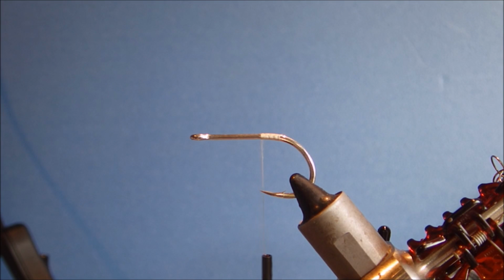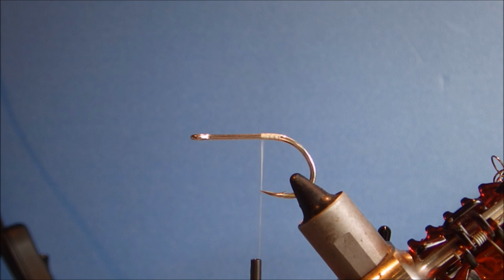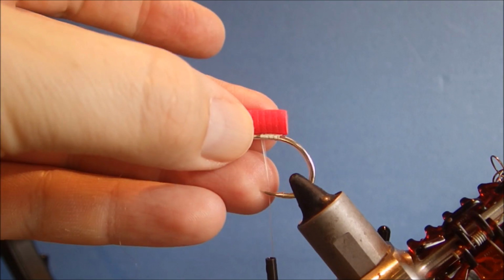So I've got in the vise a 1/0 Gamakatsu S10 S4H, and I've just run on a short section of Danville's Flymaster. And I'm going to take a length of 1/4 inch foam dowel,